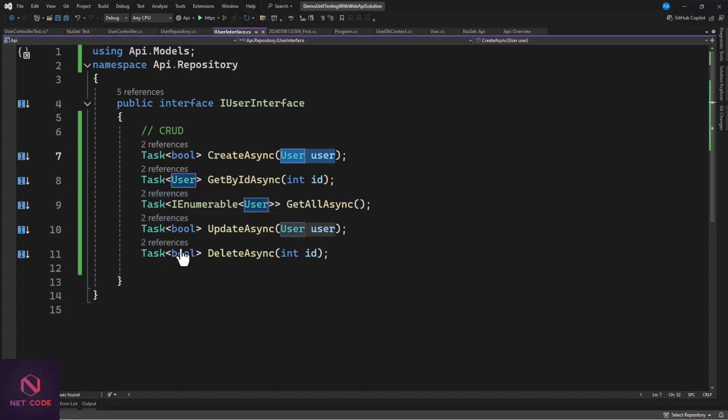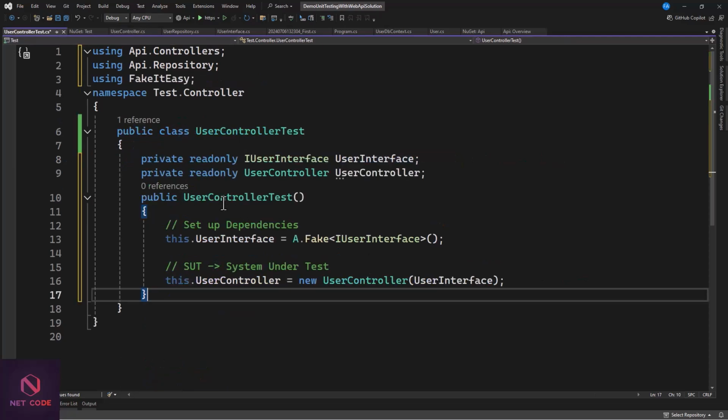We're going to have a user, right? So this is going to return user. This is also going to take in user. You see that? So we can create a fake user. Everything is going to be fake, fake, fake. Not the original one. For testing, fake, fake, fake. Okay. So in controller, let's create a fake